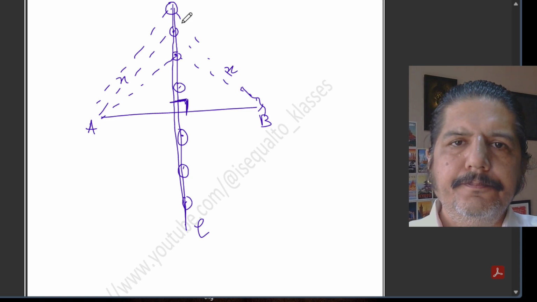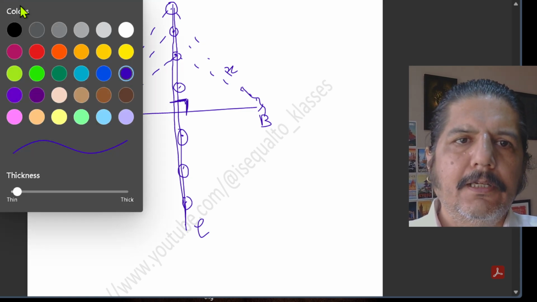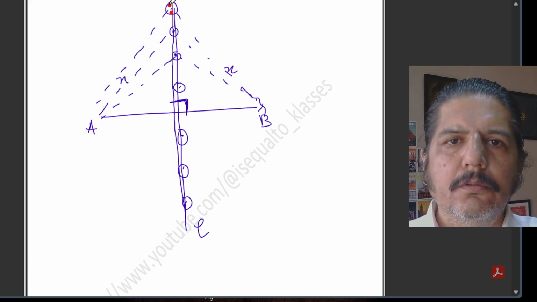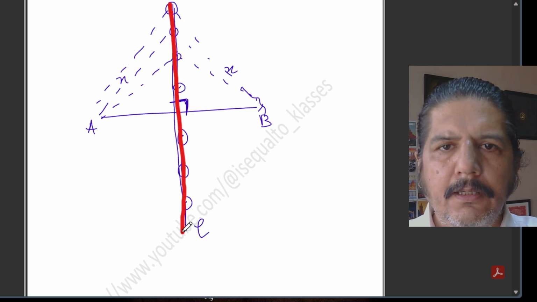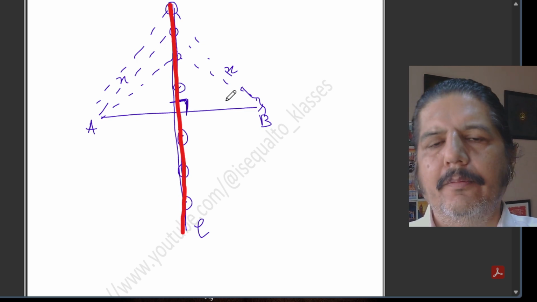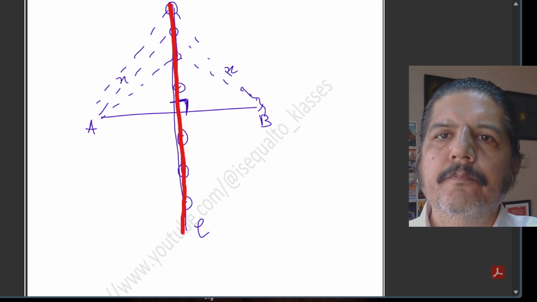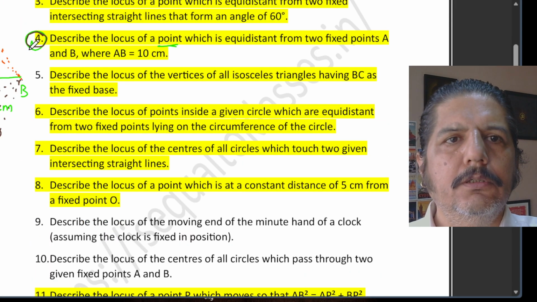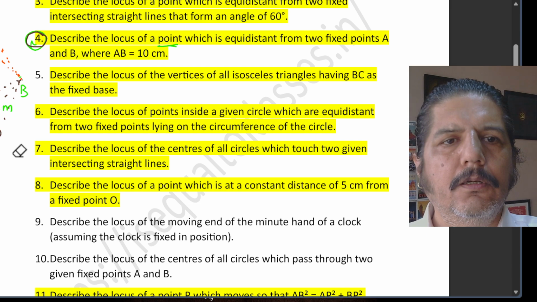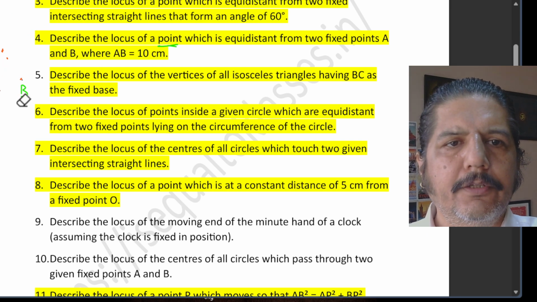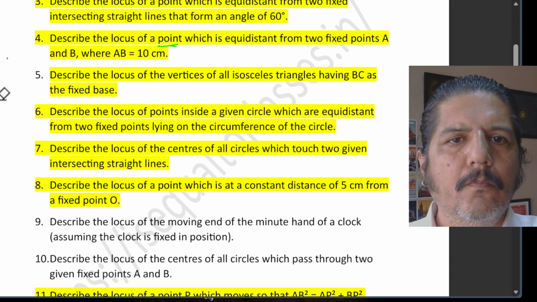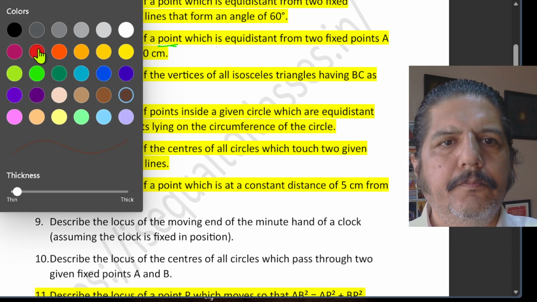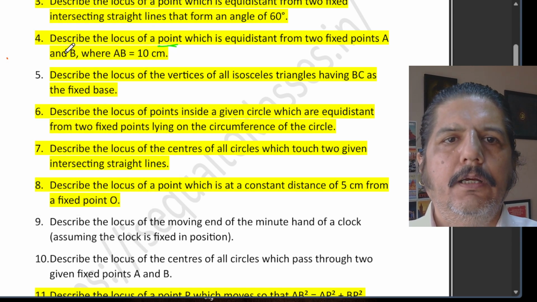So this line is the perpendicular bisector of AB. So makes sense. Let's move to the next question. Okay, so next question is